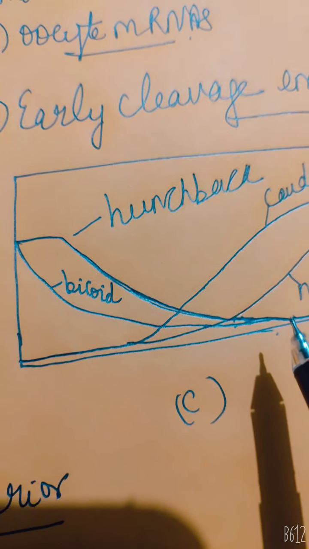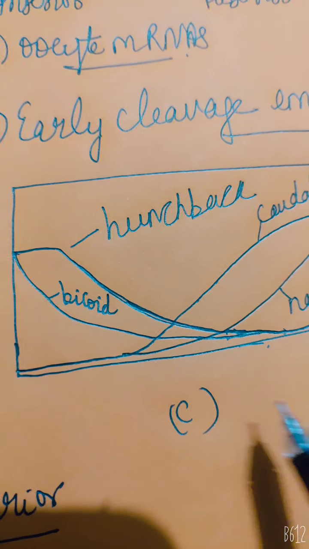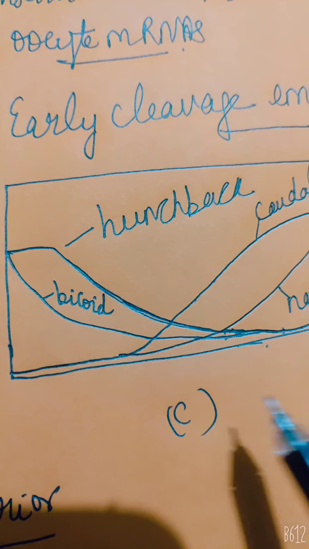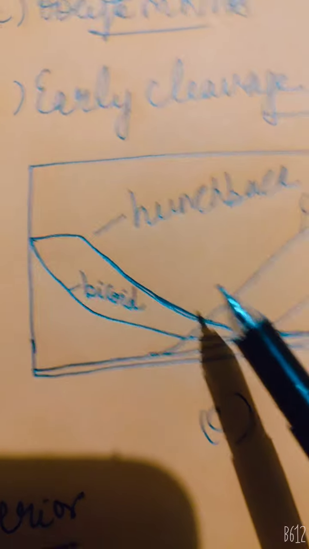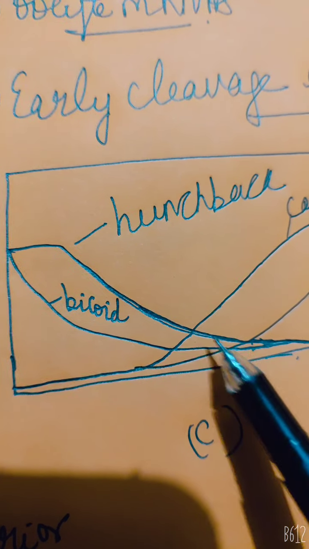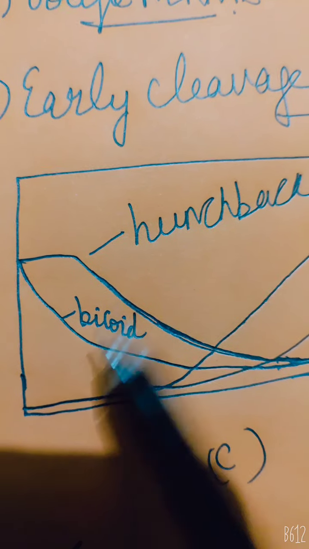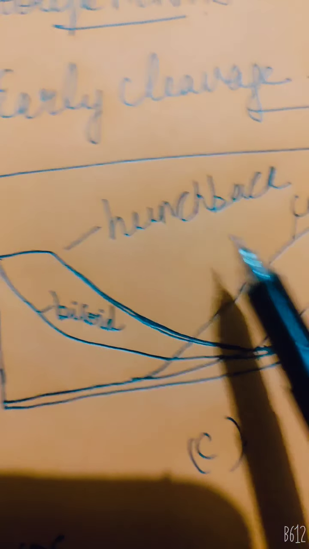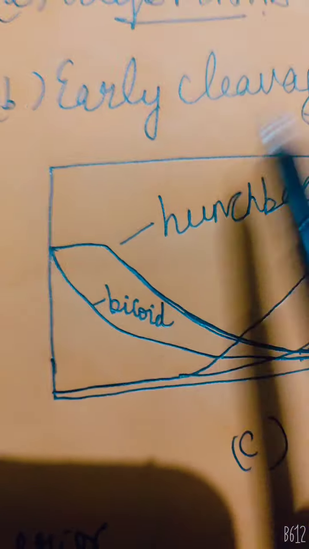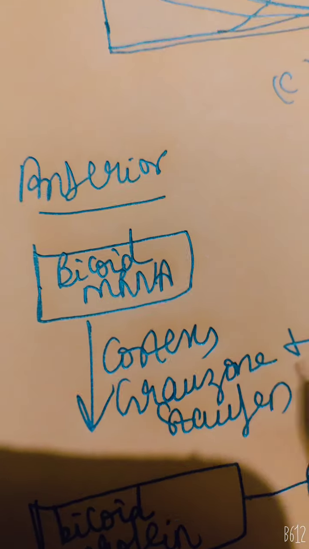In this diagram, what they are showing is that bicoid can elevate the level of hunchback protein in the anterior of the embryo by binding to the enhancers of the hunchback gene and stimulating its transcription. Bicoid can enhance the production of hunchback protein on the anterior side of the embryo. Only this is the highlighted role inside this early cleavage embryo during this stage. And the next one is regarding the anterior gene's role.